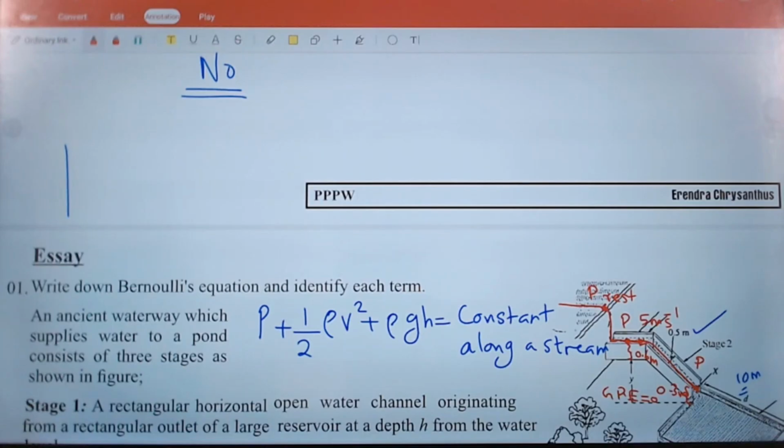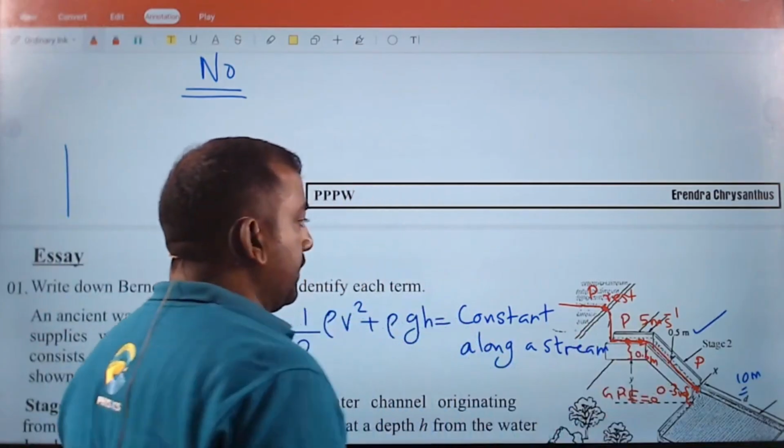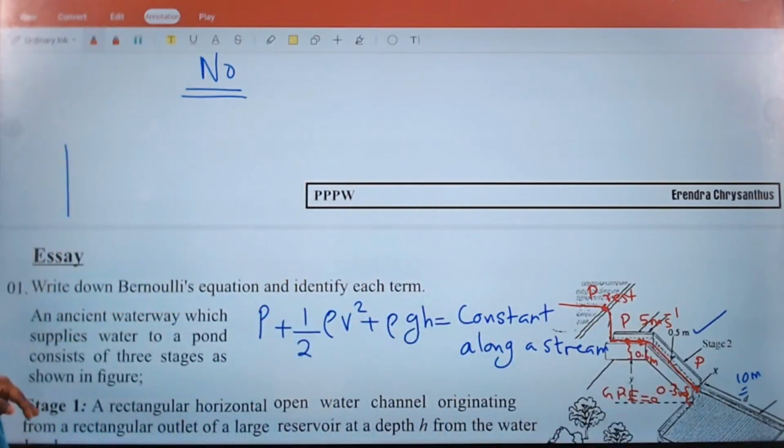So here you can directly apply it and get the height of water. Or from here you can apply it for this situation and this situation. Easy. So if I apply that,